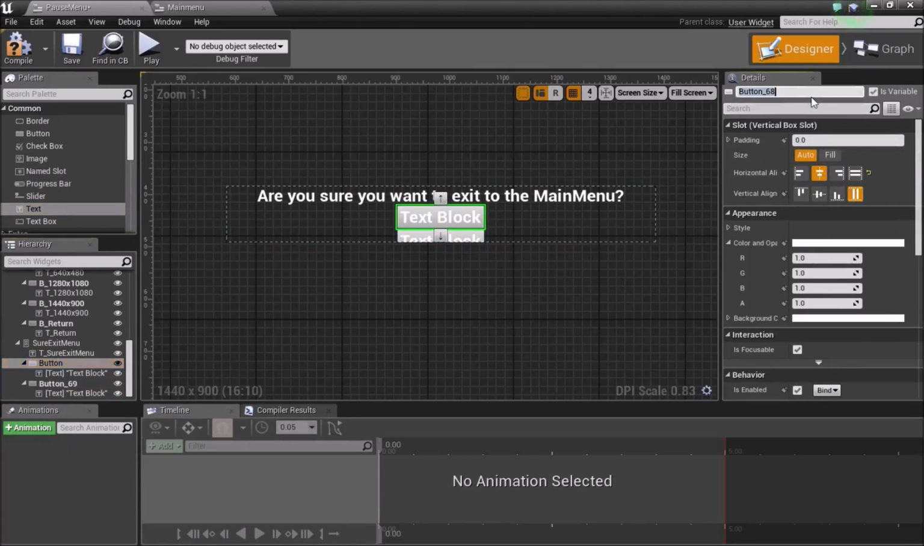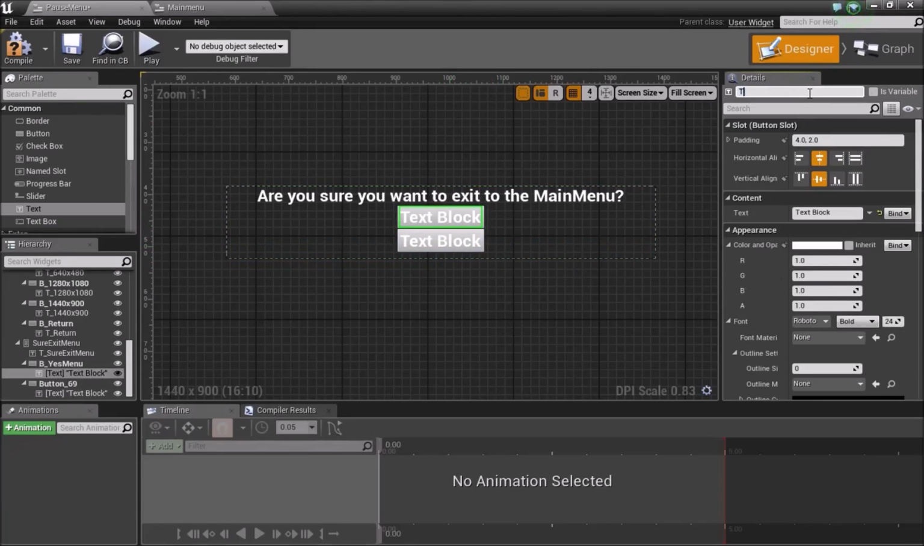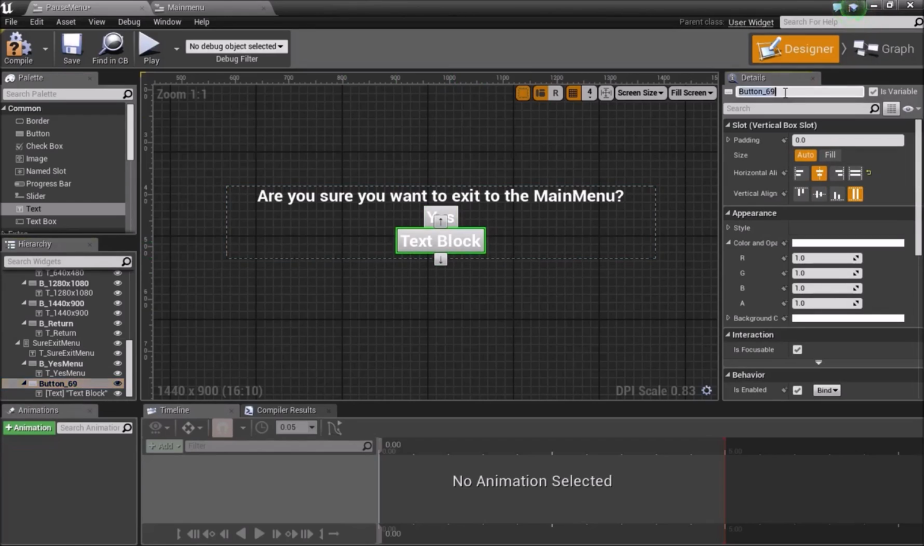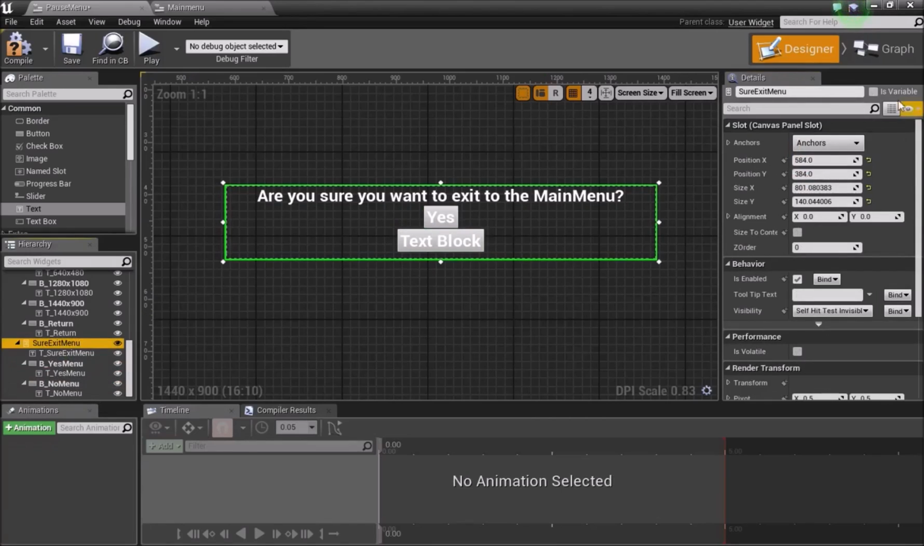Okay, and this will be button B_yes menu, and in the text box we'll type T_yes menu, text yes. And for this one I'll do B_no menu, T_no menu. Of course, if you are wondering why I'm doing so many yes and no's,